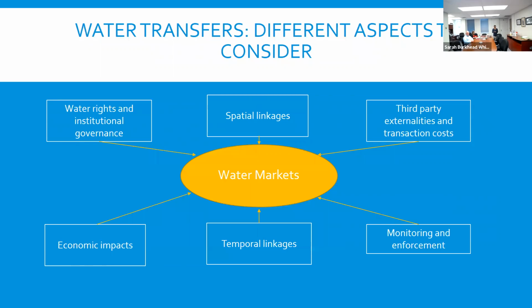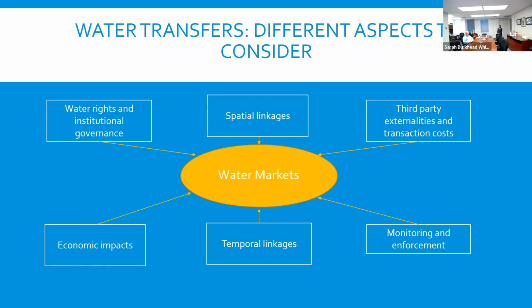We have the economic impacts of water marketing, which means that if you are transferring water from one place to another, what happens to the volume of water in that region? This has been an issue in many parts of Texas and in California. We have spatial temporal linkages. It's more in groundwater and surface water interlinkages. If your groundwater and surface water are connected, what happens? And there are lots of interdisciplinary studies. We cannot just apply economics here. We have to really take the help of sophisticated hydrological and physical models to solve these problems.